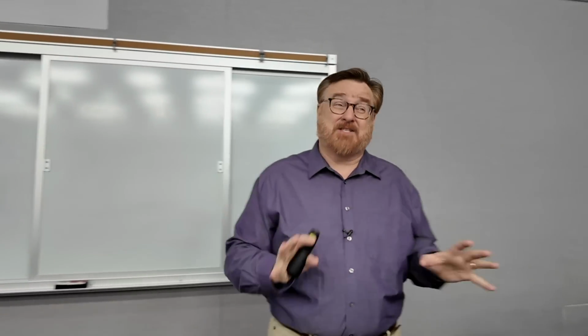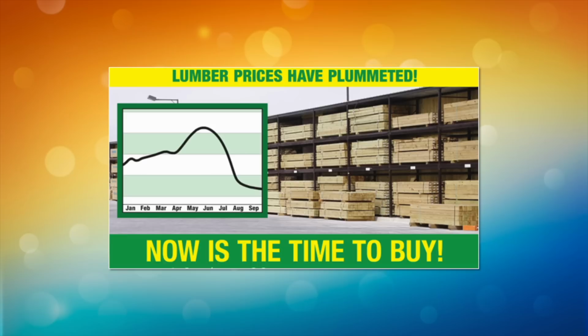Now this one I know has to be true because it has a picture. It says lumber prices have plummeted, and it has a graph, and the line goes up, and then the line goes down. Along the bottom of this axis, you see the dates for the months. But what you don't see is the y-axis. There's no indication of what is being measured. And what that allows them to do is